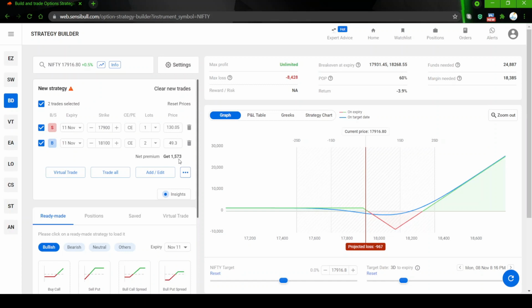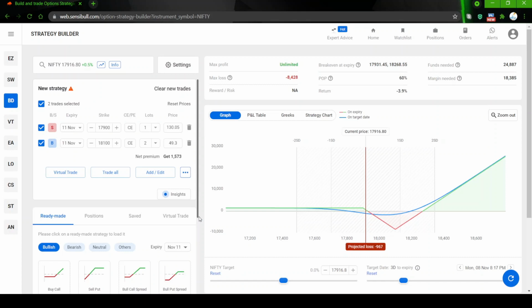So the moment you say it is a net credit strategy, this can be done for credit, debit and zero cost. All three scenarios are possible. What you are seeing here is a credit strategy. That is what Sensible has given. I will show you the difference also. When you are getting a net credit, you don't have any downside risk. So you have to be a bit attentive and understand properly. When you are getting a net credit on a call ratio back spread, you do not have a downside risk.